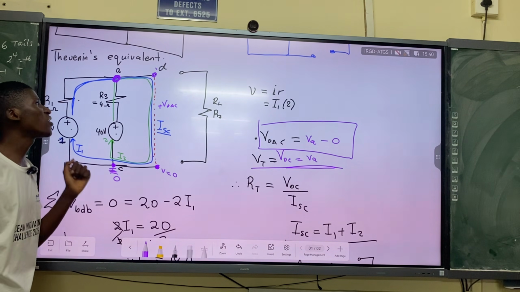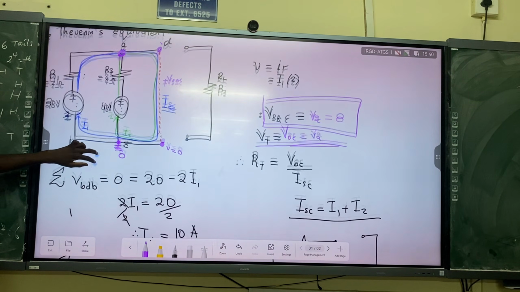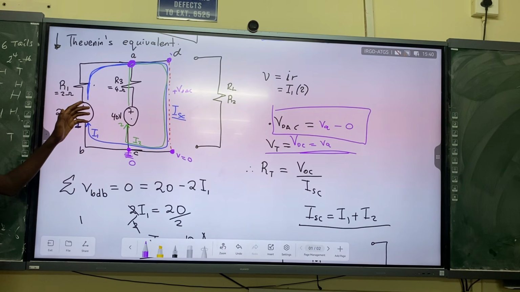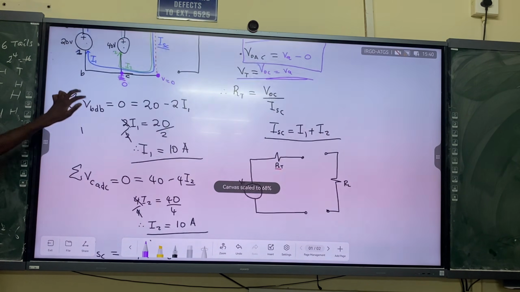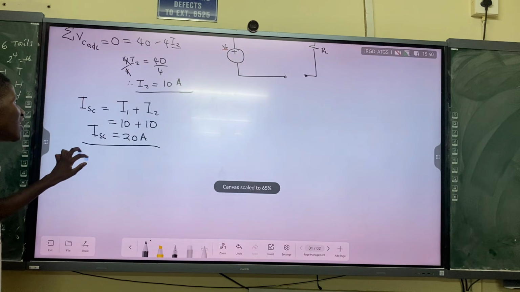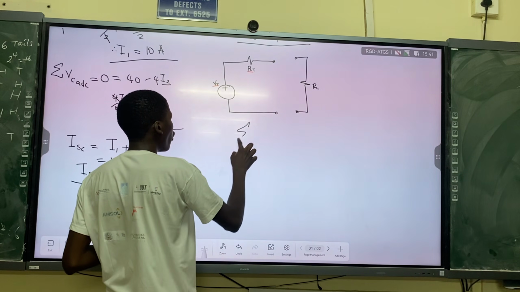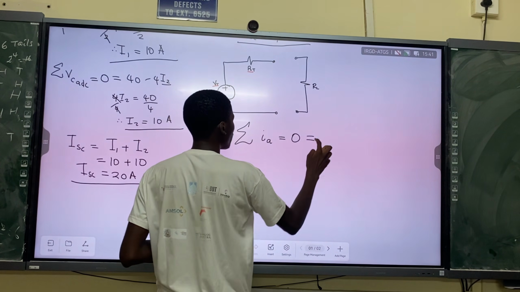So the open circuit voltage that we're going to measure across the two nodes is the potential at the node A. Now the question is, how do we find the potential at the node A? Which law works to find the potential on a node? We do a node voltage analysis using Kirchhoff's current law. Yes, I think we did Kirchhoff's laws and applications. So it means that if I say the sum of all the currents that are entering node A, they must be equal to 0.